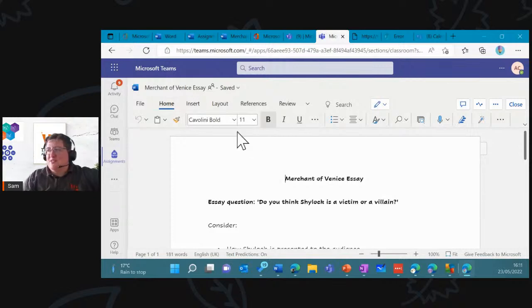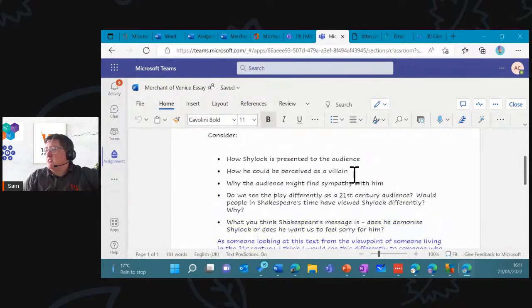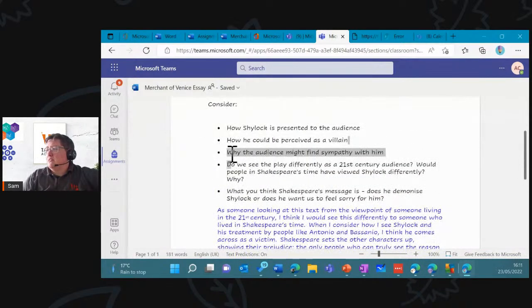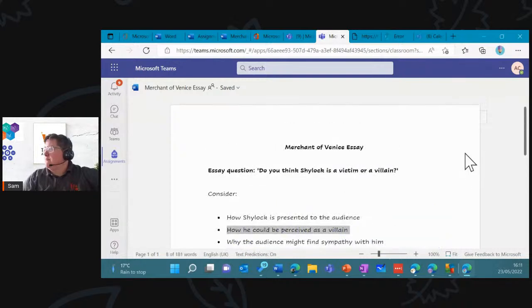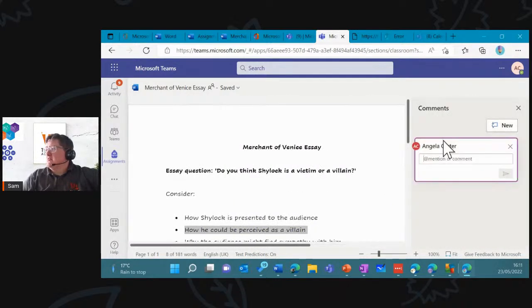They'll know how to use a fair amount of this, but things like the comment feature. So, for instance, if they wanted to answer this point here, by adding a comment for themselves,